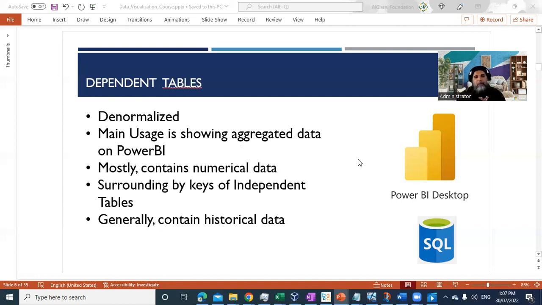Next one, the dependent table. Like I mentioned, you can see from the name. Once you design a model, find out which table is the dependent table. And it's very easy. Let me give you a couple of hints. It's going to have the keys from other tables, right? As soon as a key enters a table, in a parent-child or primary key foreign key relationship, this table will convert immediately into a dependent table,